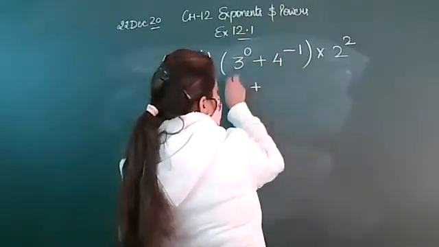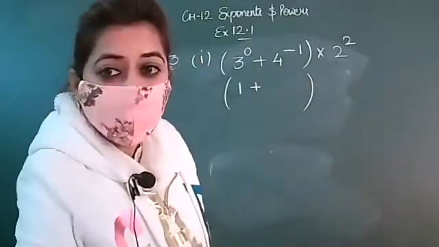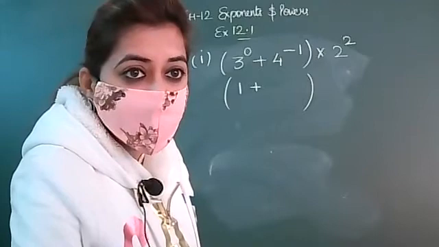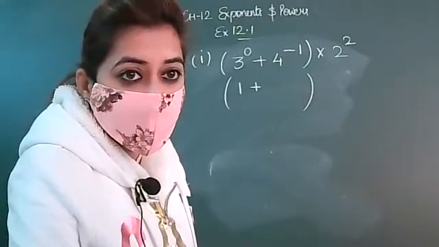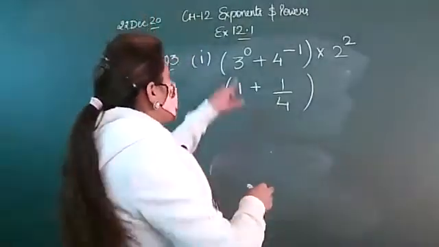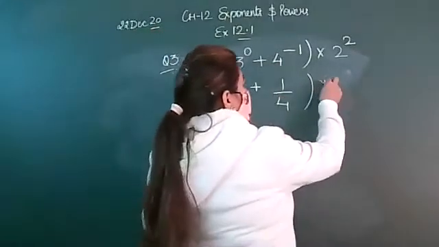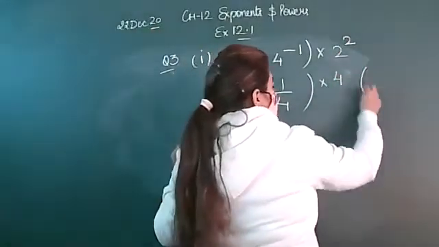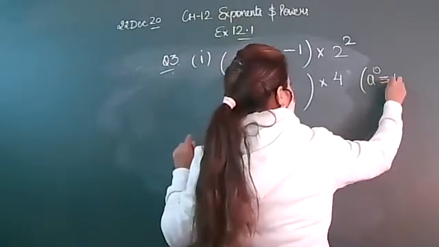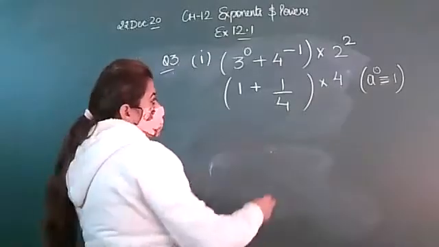And this will be written as, yes, can anybody tell me how we can write it in the simple form? Yes, can anybody tell me? Manyavi? So I have written this as 1. This we have made the reciprocal, and 2 square is your 4. And I have used a raised to power 0 as 1. So that you will write in the bracket. It's compulsory to write the law in the bracket.